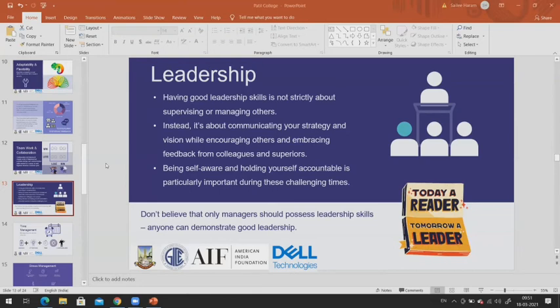Okay. So we were at leadership. Now, a leader is someone who needs to create a positive work culture. You have to be an example to others as well. So your team's success will depend on your planning, your decision. To be a leader, it's very important that you know what your leadership skills are and how you acquire new leadership skills with the current trends. Okay. Next is time management.